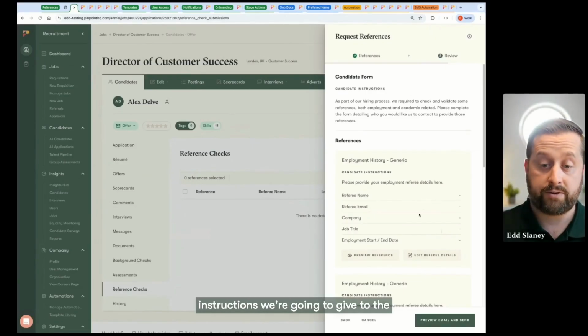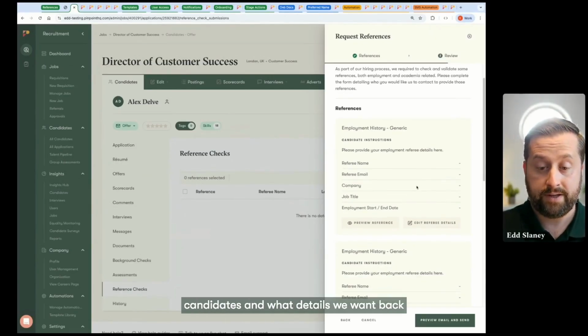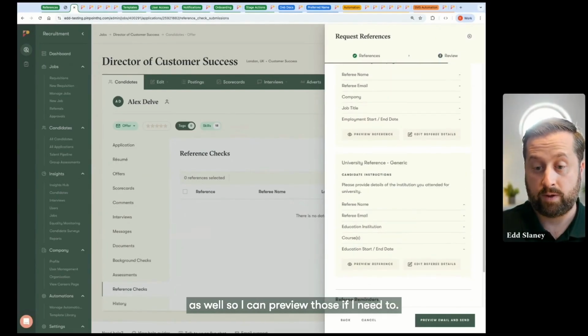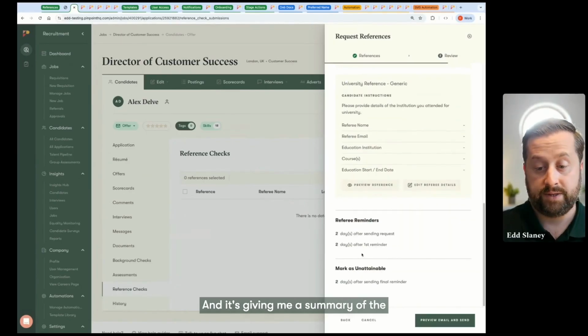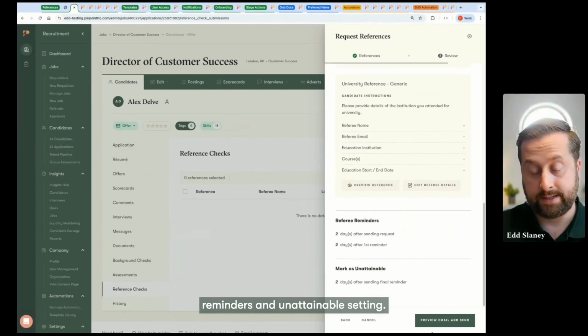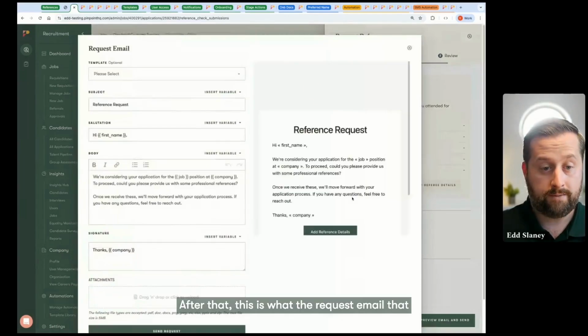It's going to give me a preview of what instructions we're going to give to the candidates and what details we want back as well. So I can preview those if I need to. And it's giving me a summary of the reminders and unattainable setting. After that,